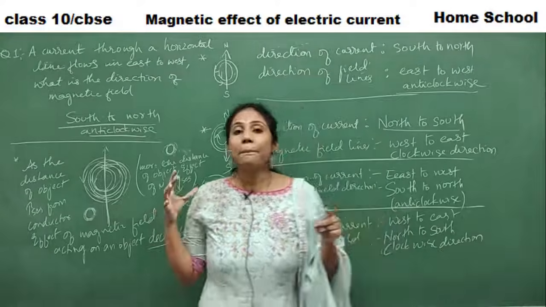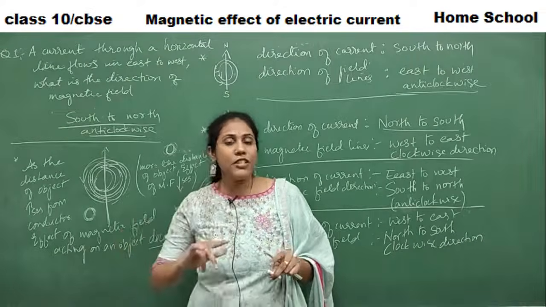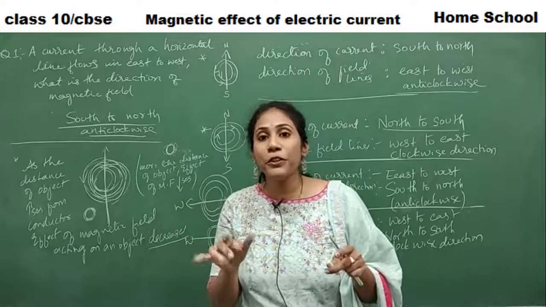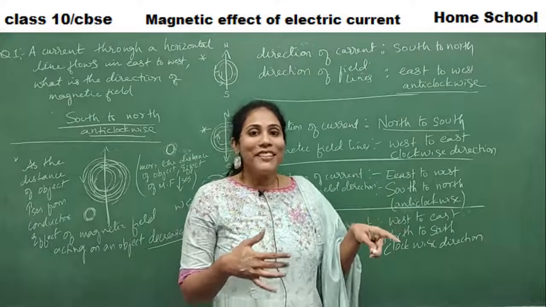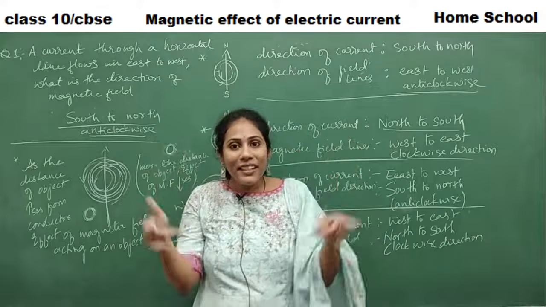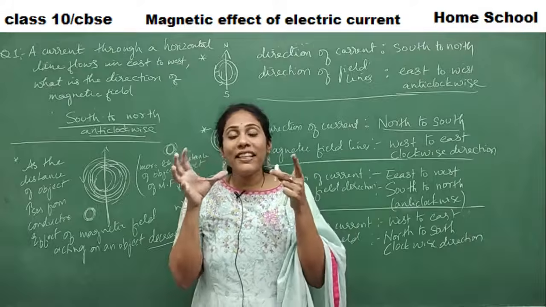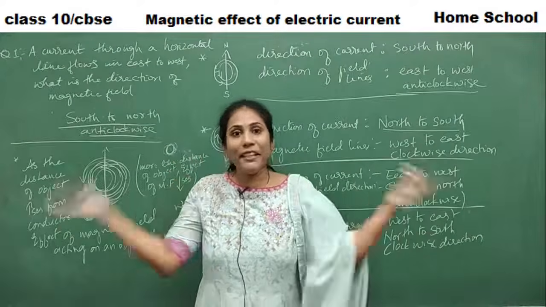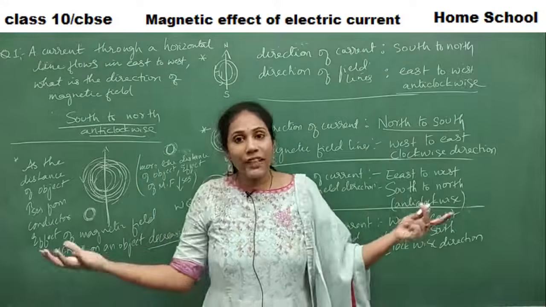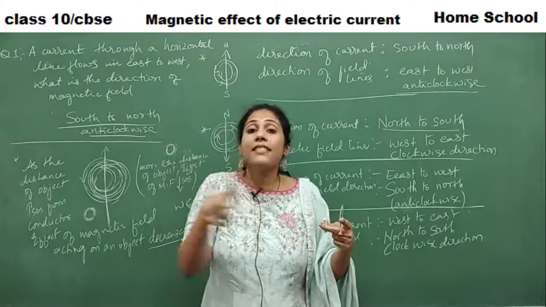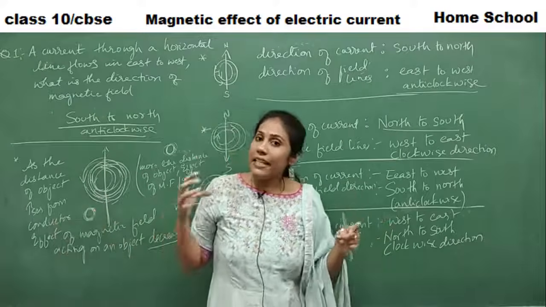So with this, I complete this video. In my next class, let us discuss the next subtopic, that is the magnetic effect produced when current is flowing in a circular loop. Again, when current is flowing in a circular shaped conductor, the direction and the way the magnetic field lines look will be different. They won't appear as concentric circles; they will appear in a different way when current is flowing in a circular conductor, circular wires. All of that we will discuss in my next video.